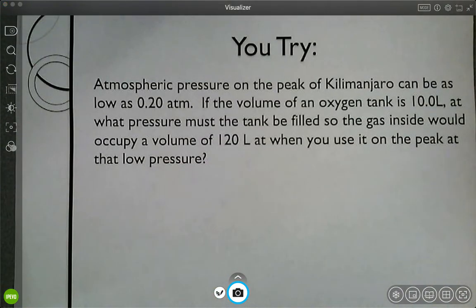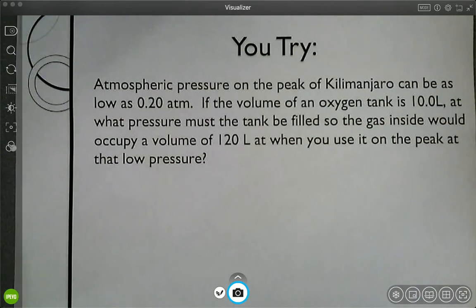Okay, your turn. I want you to try this problem, pause the video, and give it a try. I'm going to read it here. Atmospheric pressure on the peak of Kilimanjaro can be as low as 0.20 atmospheres. If the volume of an oxygen tank is 10.0 liters, at what pressure must the tank be filled so the gas inside would occupy a volume of 120 liters when you use it on the peak at that low